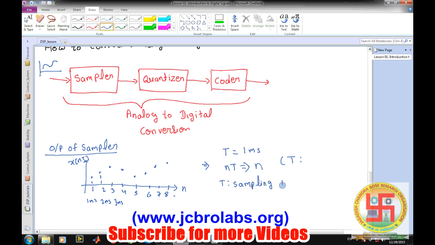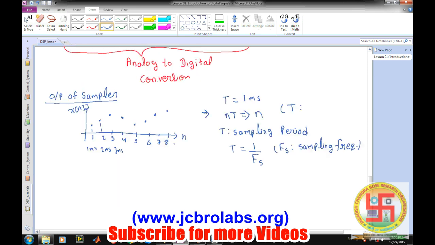or it can also be represented in terms of the frequency. So this is Fs, where Fs is the sampling frequency. Now there is a relation, or one theorem which relates these two things, and we'll not go into the detail of that because we are not covering it in this lecture. That is the sampling theorem. We could have a separate lecture for that. So the sampling theorem states